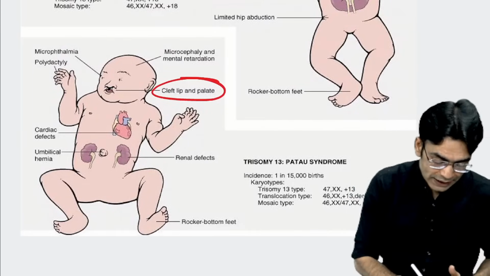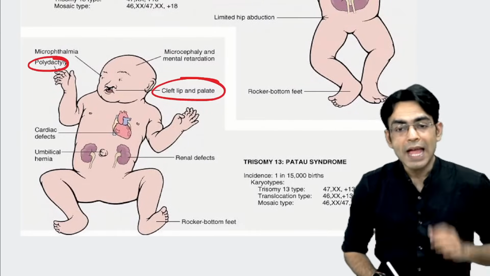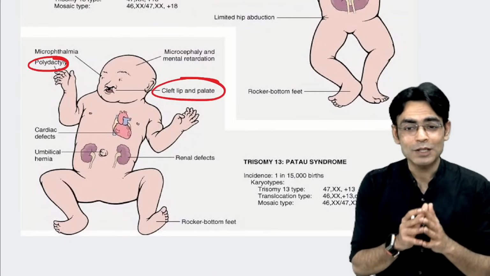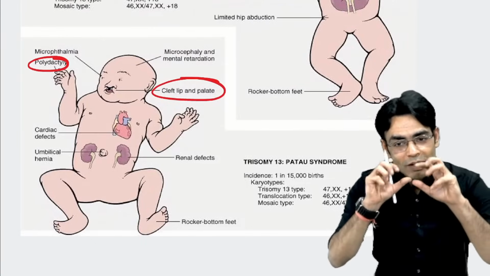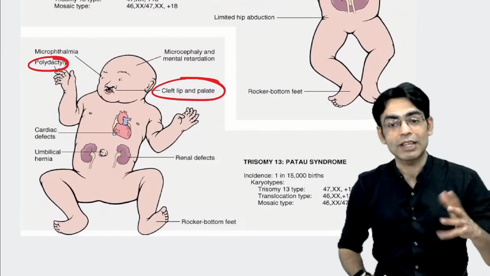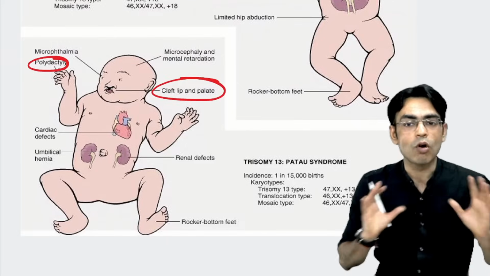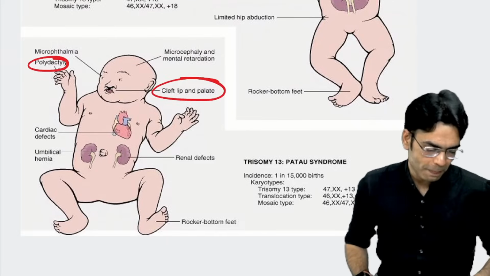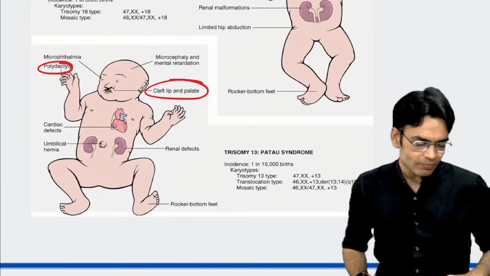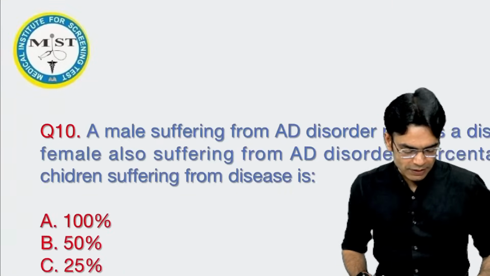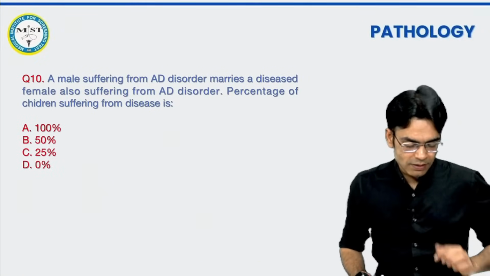तो ये polydactyly मिलेगी आपको। And in the patients of Patau syndrome, as I had explained you in the class with an example, that everything will be small. सब छोटा बेटा, microphthalmia, micrognathia, सब, ठीक है? So everything is smaller in these patients. ठीक है? रॉकर बॉटम फीट तो मिलेगा ही मिलेगा। चलो अगले पेज पे चलते हैं, अब अगले क्वेश्चन पे चलते हैं।